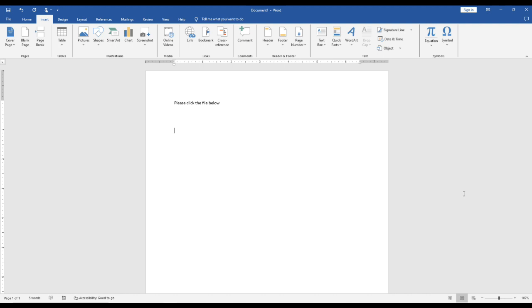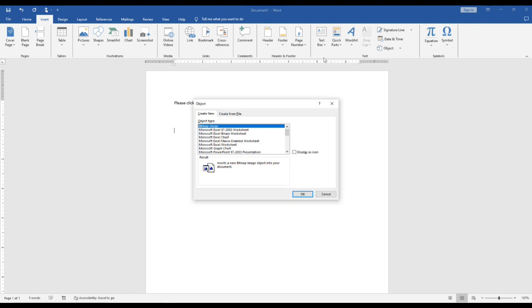Welcome. In today's video, we will learn how to embed an Excel file into a Word document. First, go to your Insert tab, then to Object, and then you want to do Create from File,